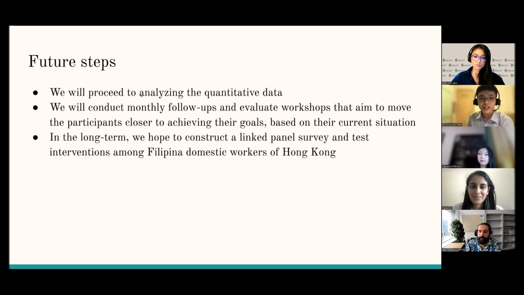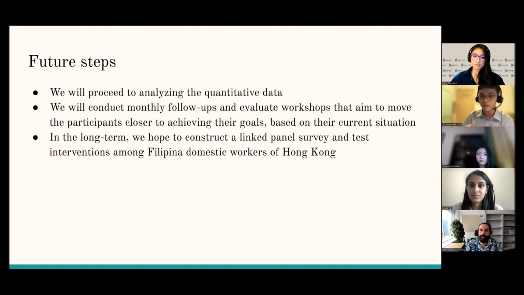I think for this stage, because we're starting rather small, we're just trying to have a better understanding of whether or not we can track them, whether or not we can create these workshops, and whether or not these workshops actually move them closer to achieving their goals. So we're not that concerned with the small sample size at this stage. But in the future, when we size things up, when we create a linked panel survey, when we test these interventions, then we'll